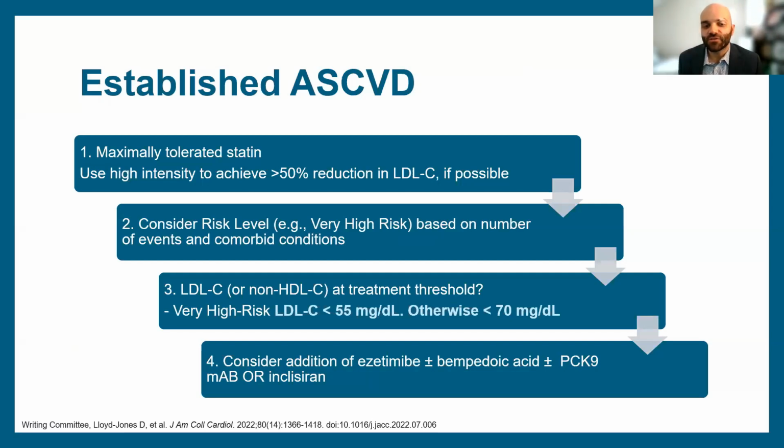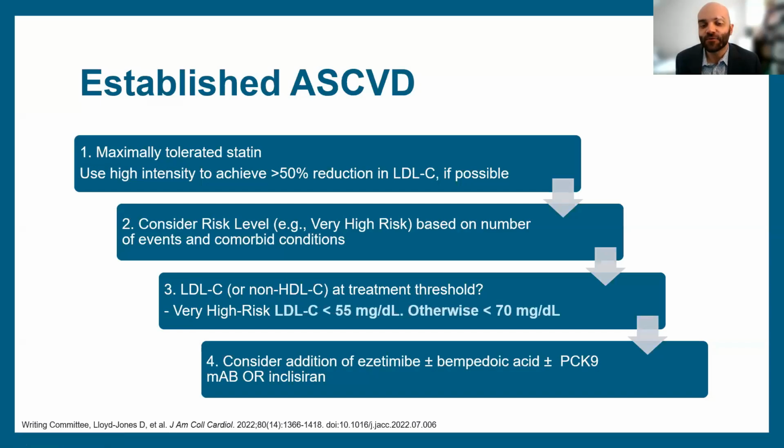What we're seeing now in the 2020 consensus is that there are a lot of options. So you could do things like ezetimibe and/or bempedoic acid and/or a PCSK9 inhibitor or inclisiran. You don't use a PCSK9 inhibitor and inclisiran together, but we have a lot more options. It's not as rigid as just one pathway as we've seen. And for people with very high risk, we kind of shifted everything down. We actually say we want to treat them to less than 55 now instead of 70, and anybody with ASCVD should be less than 70.